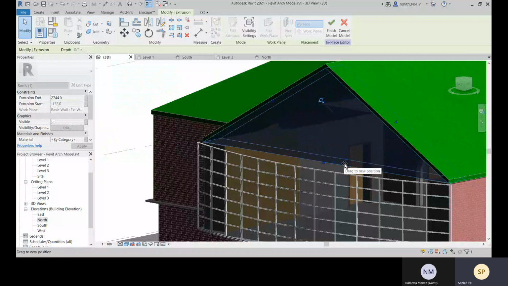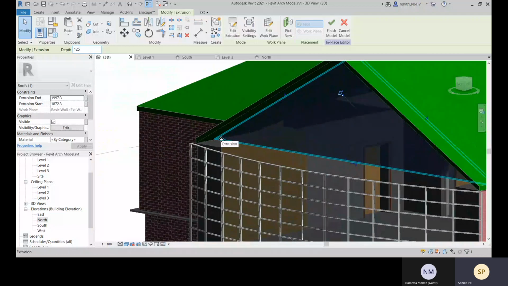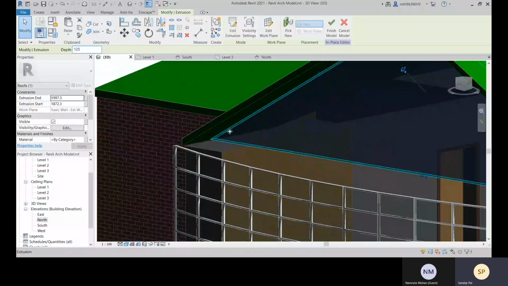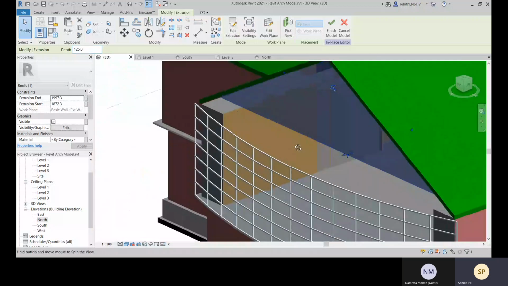You can change from this side, and then you can see that this will be the extrusion start, and this will be the extrusion end, and that is the depth. So there you can mention how much depth will be, 125, and after that you see you are having this. So you must know where it will be.